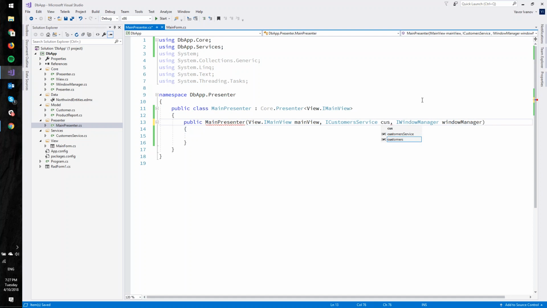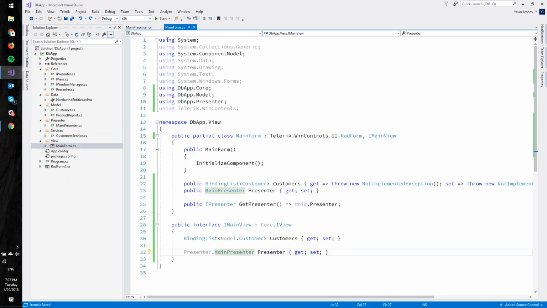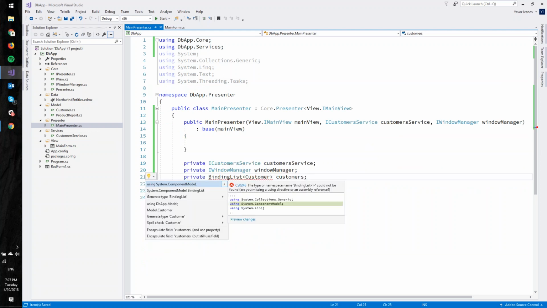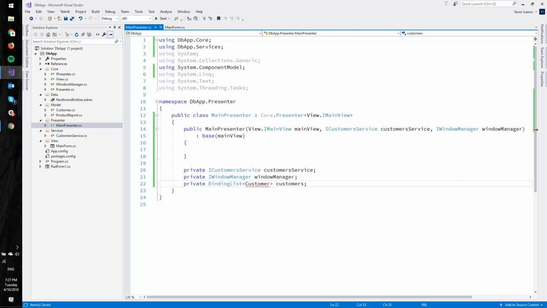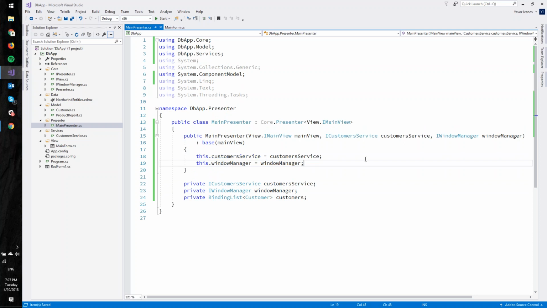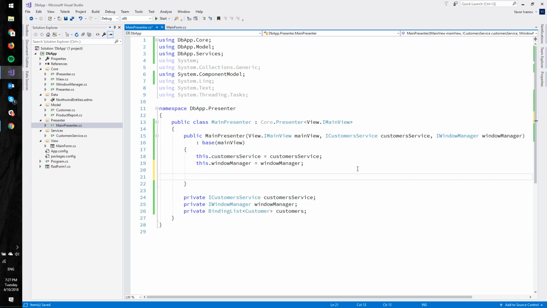And let's now call the base constructor here and give it the main view so that we registered correctly. And now the error will disappear from the main form. Okay. And let me just put some fields here that will store all references, and I'll just assign them. And when we load the presenter, I'll just call load data,